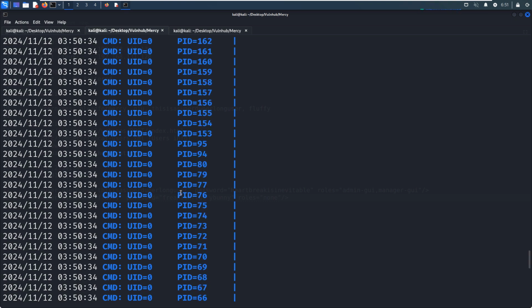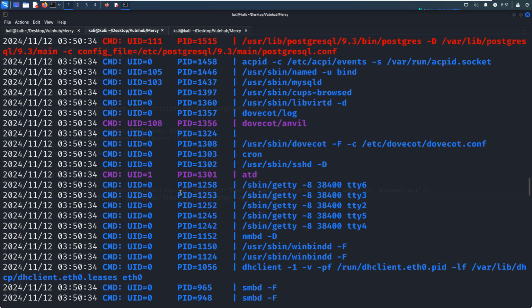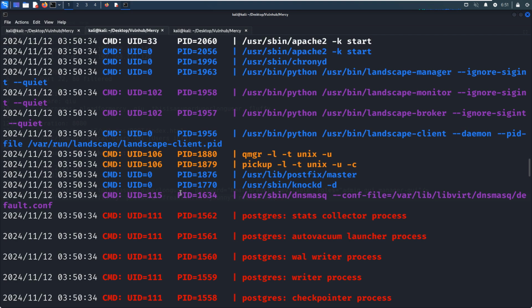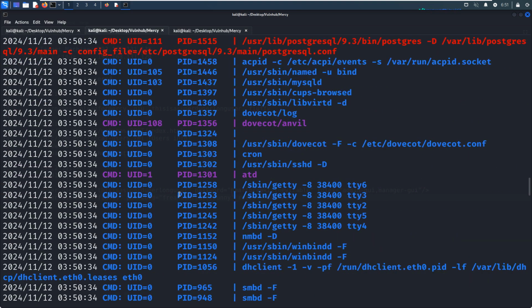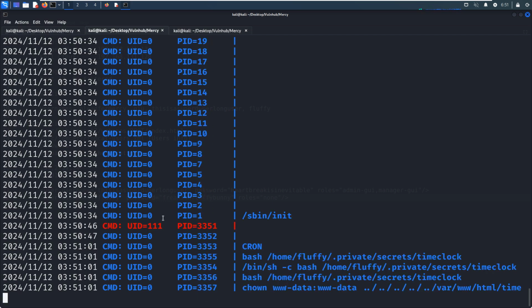Okay, so maybe we need to wait a while to see whether any process executes the script time clock. Yeah, indeed. As you can notice here, the bash process is owned by the root user. So next, also we have permission to modify this shell script.